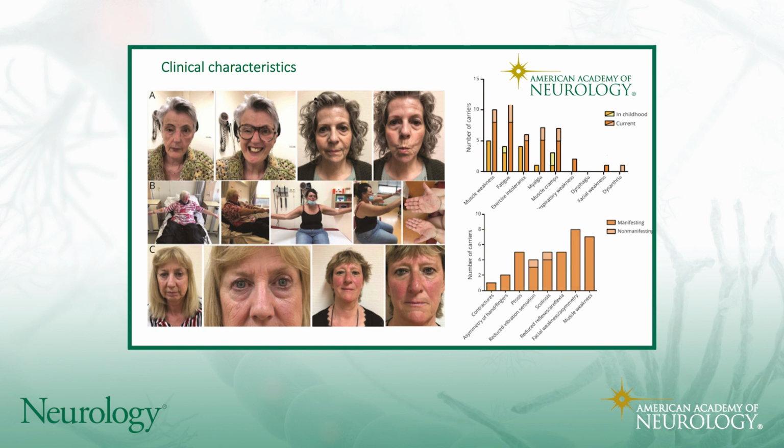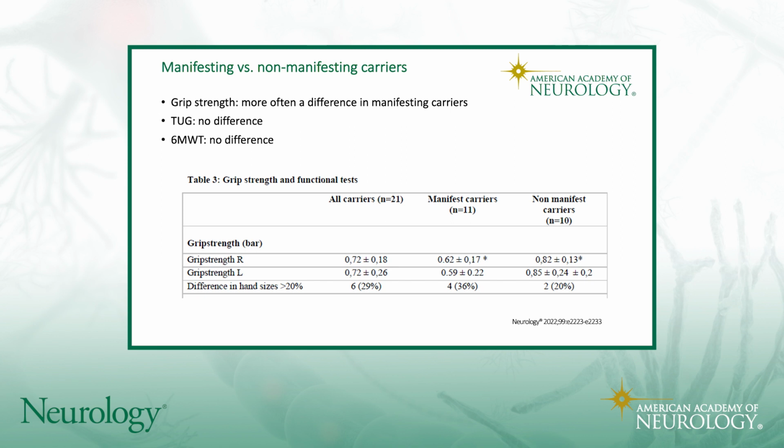And then in the bottom right is a graph demonstrating the findings on exam between different areas of weakness, contractures, reflexes, and sensory exam findings, predominantly the manifesting carriers exhibited. As part of the paper, they also looked into differences between manifesting and non-manifesting carriers. The one statistically significant difference identified was that manifesting carriers had more asymmetry in their grip strength